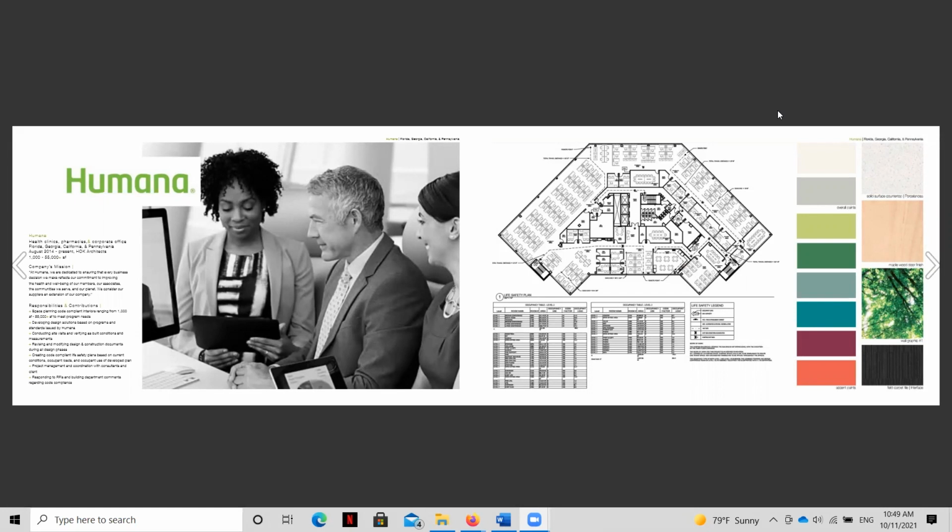Now, even though in the design education process, we tend to think about design concepts as being based on objects that reflect the client, often in the real world, it's based on the values of the company or perhaps the logo. In this case, the needs of the client and the use of this concept image is really based on this idea that the company is very dedicated to serving others.